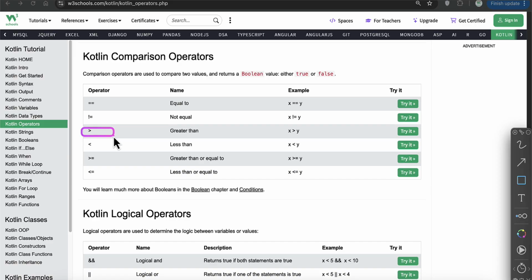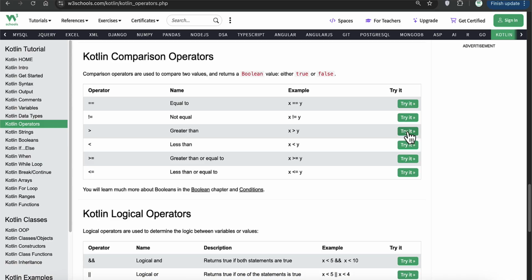Then we have a greater than sign. Greater than sign means that the value of x is bigger than the value of y. If the answer is true, it returns true. If the answer is false, it returns false. So if you check into a few of these programs,